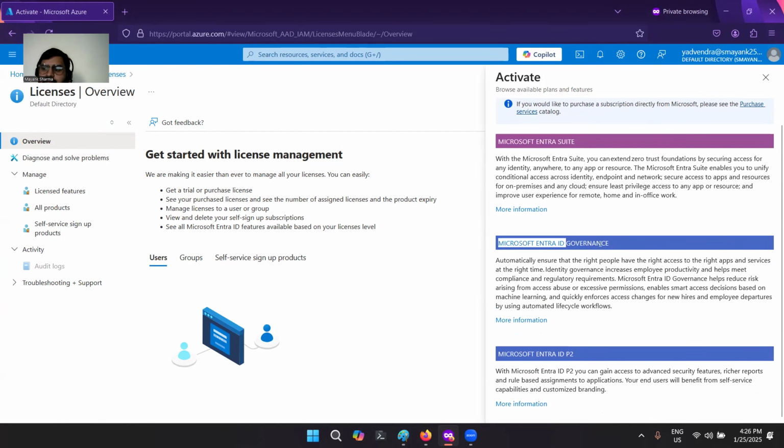Okay, so by default, you can see that I cannot purchase anything here because I already used these licenses. And if you don't have any organization account, you cannot purchase this license as well. There are some strict limitations on getting these licenses. If you are not part of any kind of organization, then you cannot purchase these licenses. But for a trial you can do that. In your accounts, because they are created for the first time, you can purchase these licenses. I'll show you.